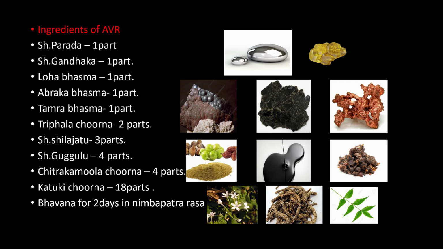Since there are n number of drugs in the combination of Arogyavardhini, we need to analyze the individual components and what their falashruti is. Because Acharya Charaka, in the shloka which we have already referred, says every drug will have its impact on the final product, including specifically that of the driving force, which is the prime drug. Like here, for example, with that of Parada.